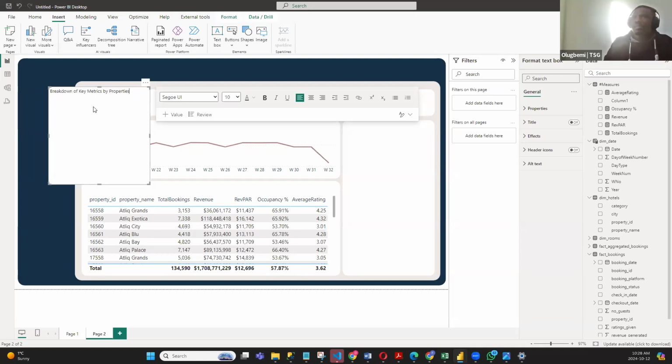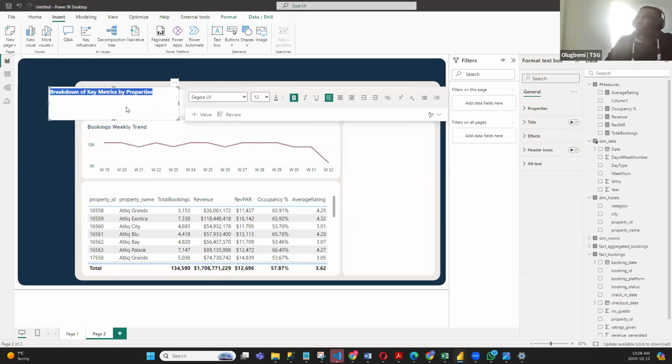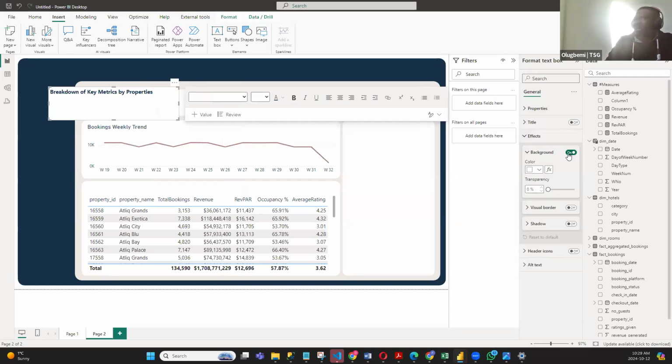Let's select all, change the color of the text. Let's use that same navy blue. Let's use a size 12. Let's make it bold and widen this a little. So it has a white background. We don't want to see that white background. So you come to general, under effects, one of the background,